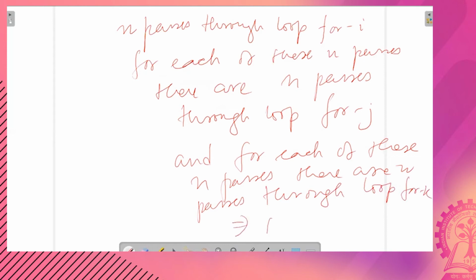That implies Tn is equal to n cross n cross n, that is n cube.